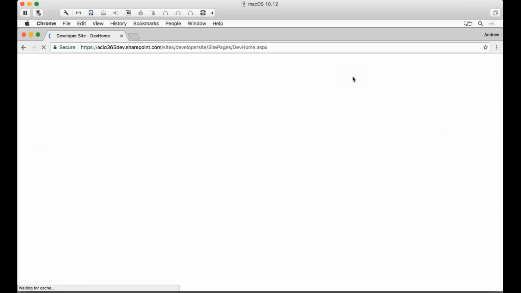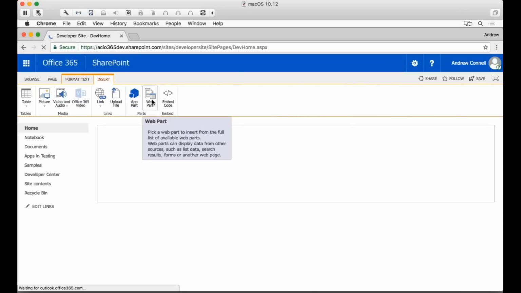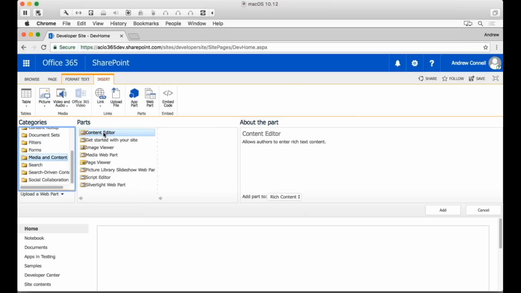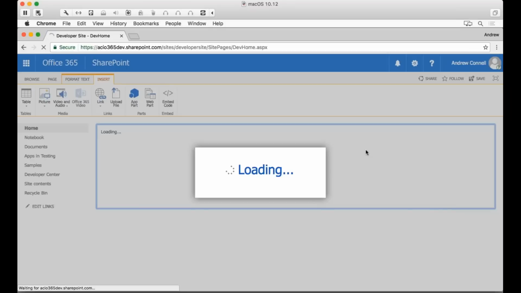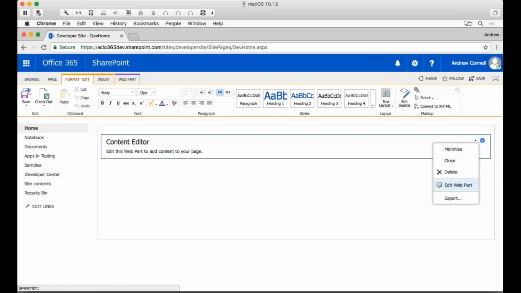Now, just as a quick little review, to add a web part here, I say insert, and then I go web part, and then I can choose any of these web parts that are available to me over here. I can choose all the different options that we have here, right? Now, for example, where's the one that I wanted to show? Media and content. So how about a content editor web part? I add it, hit loading, edit this web part. So how do I edit? We always go like this, and then go to edit,